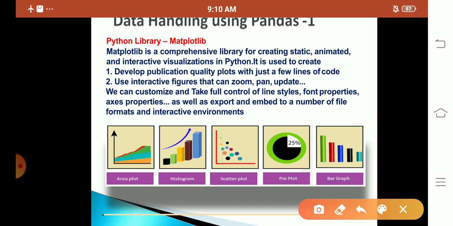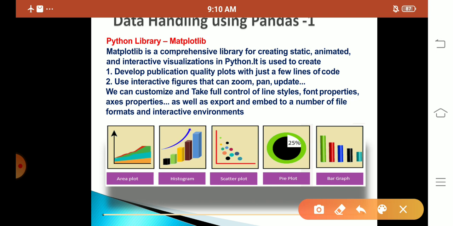We use matplotlib to get the comprehensive library for creating static or animated and interactive visualization in Python. It is used to create and develop publication quality plots with just a few lines of code, and it is also used to make interactive figures that can zoom, pan and update your figures.